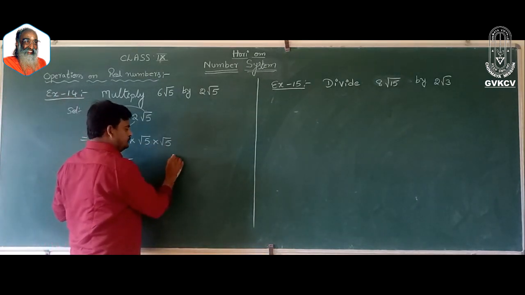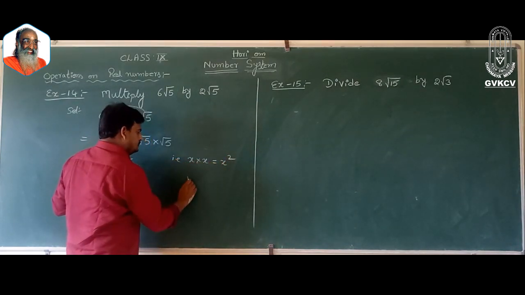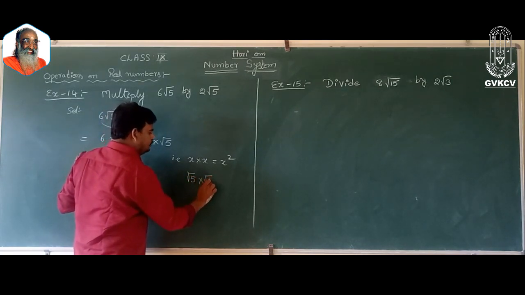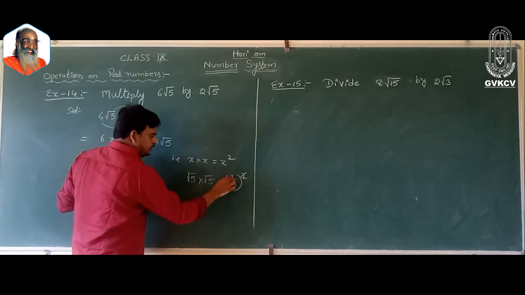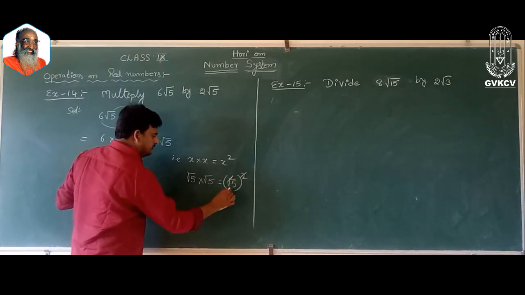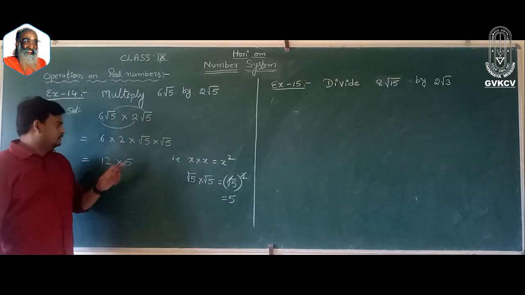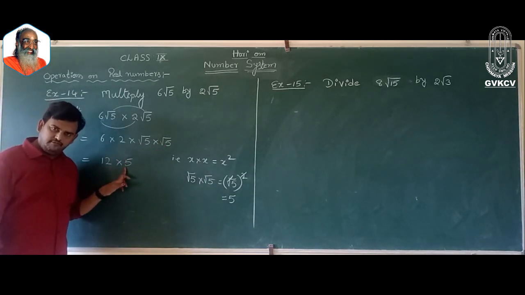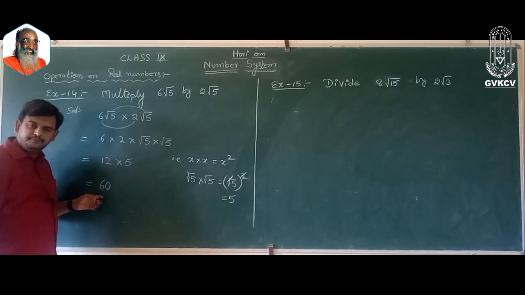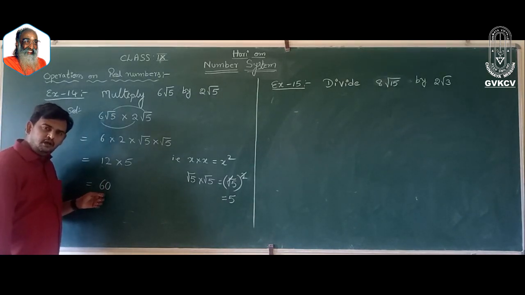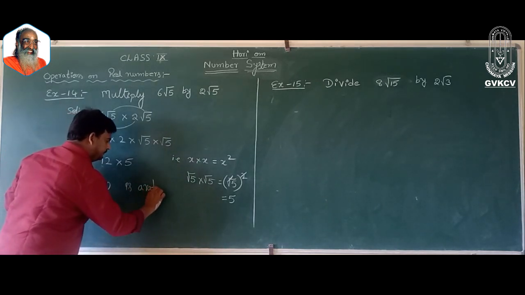How is it? As we know, x into x is x square. So root 5 into root 5 is root 5 whole square, and the square gets cancelled. We have the value 5. In this way, root 5 into root 5 is 5. 12 fives is 60. What is 60 here? Is it a rational number or an irrational number? It is a